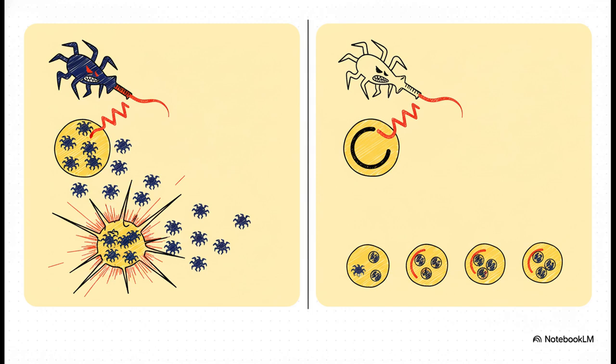And for any of you who've studied lambda phage, you know this whole decision hinges on that classic molecular switch, that battle between the CI and CRO repressor proteins. But this isn't a permanent peace treaty. If the host cell gets stressed out, say from UV radiation, that can trigger the prophage to cut itself out and kickstart the lytic cycle, blowing the cell apart. It's a fascinating strategy of patience versus all-out aggression.